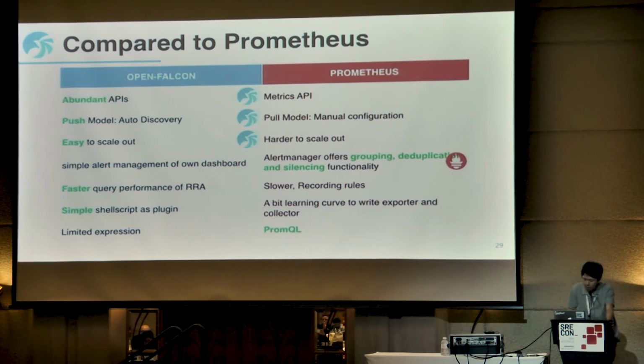Open-Falcon provides the round-robin archiving mechanism to return the join data in a short time. Rendering and query performance of Open-Falcon is higher. With regard to customized metrics, we only check if Falcon-agent receives the metric in the right format. So no matter what the language is, the user just needs to write a script or program to send the data in a specified format. Hence, Open-Falcon has a more moderate learning curve.